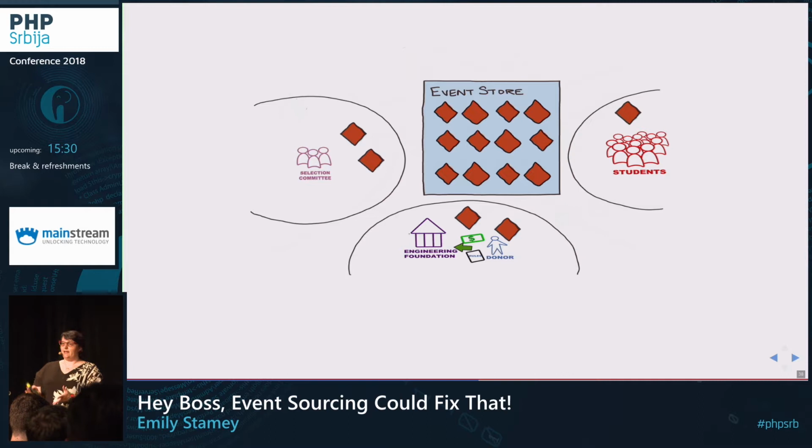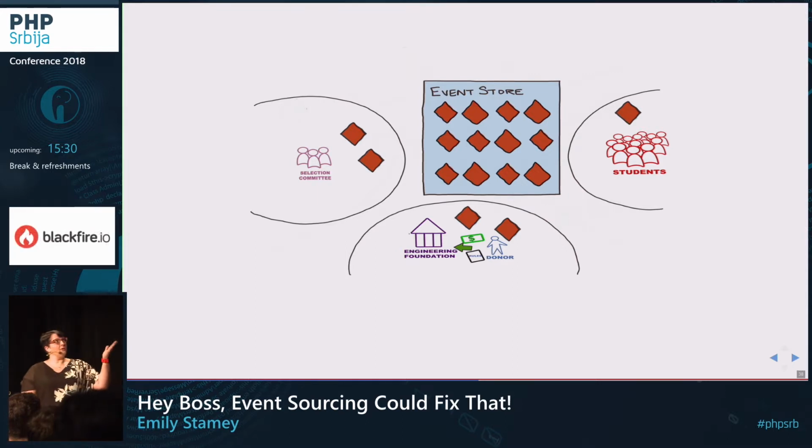They maintain all of that logic for the validation and the creation of student applied. But the selection committee cares about that event happening because they want to know this student is available to consider for a scholarship. So that's why we have our event store in the middle.